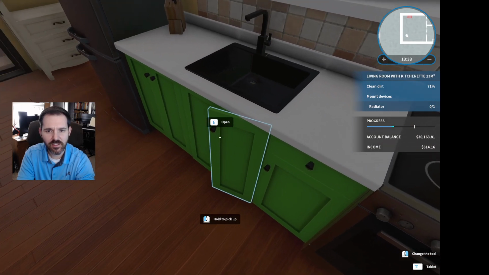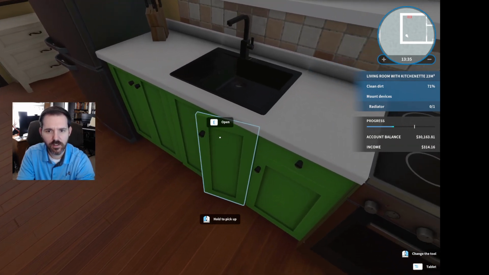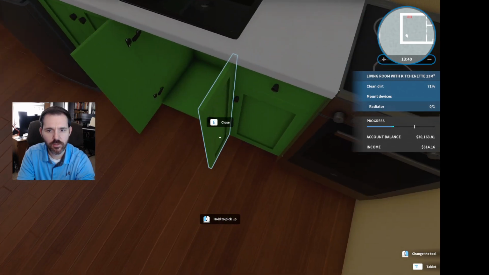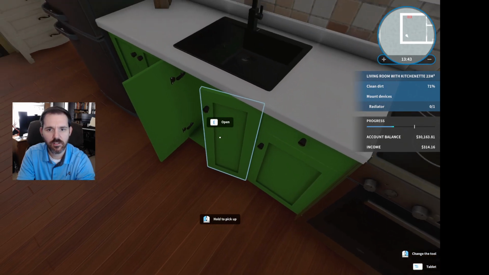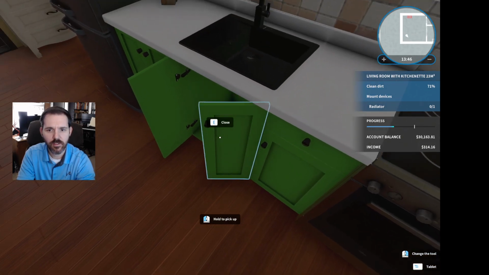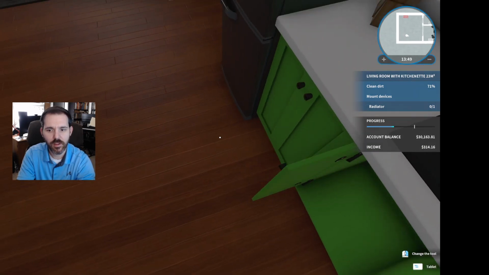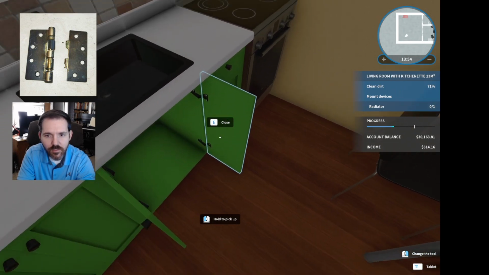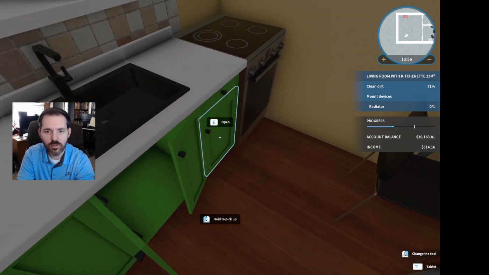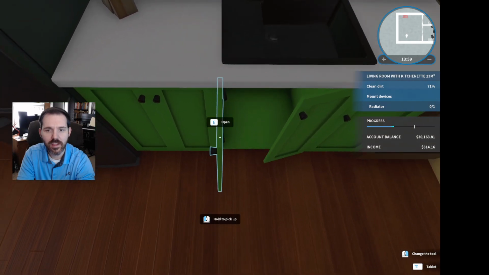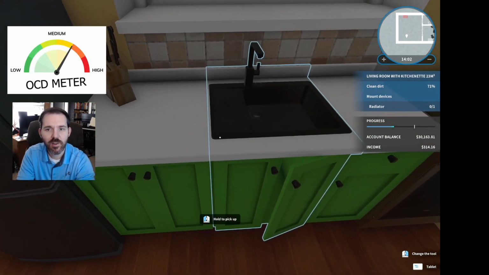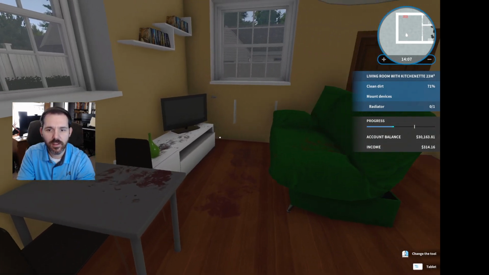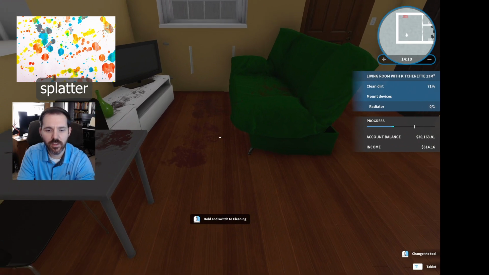Now, I don't like that this cabinet is partially open. I wonder if it is possible. Maybe if we open this one first and then this one. No. Is it broken? Do we need to repair it? Is the hinge broken maybe? Well, for some reason, it doesn't let me close this cabinet all of the way, which is very annoying. All right, let's continue cleaning. So here we have more mess that's just splattered all over the place.